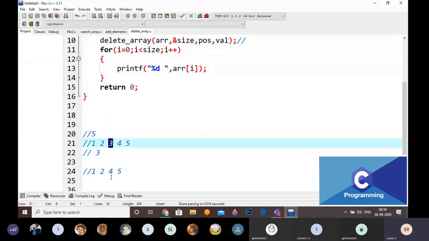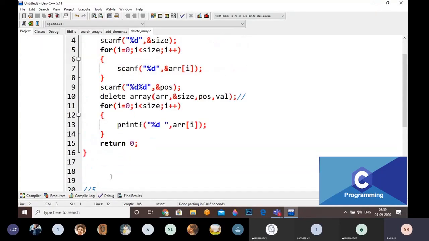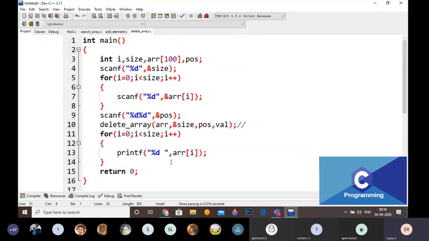The position value is 3. I am going to delete that value, that's it. I am not skipping anything. That's why I am writing here. There is no need to modify. You cannot modify the main function at all. You have to write the function definition for this main program. Just note down the main program, everyone.